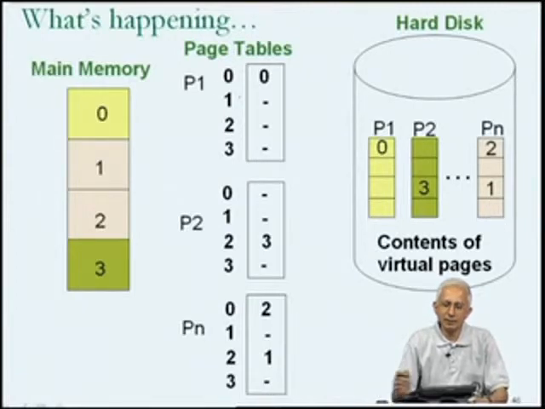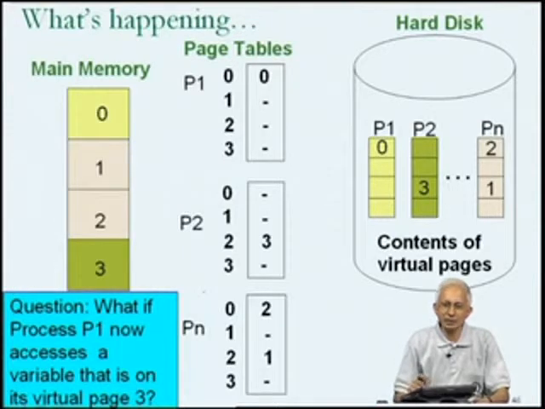And the situation as we have it right now is clear for 4 pages. If the virtual address space of each process is of size 4 pages, what if it's much bigger? Then there's going to be a lot more information stored on the disk. The size of each page table entry is going to be larger, and hopefully the size of main memory will be larger than what we have over here, this simple example of 4 pages. Okay, now this